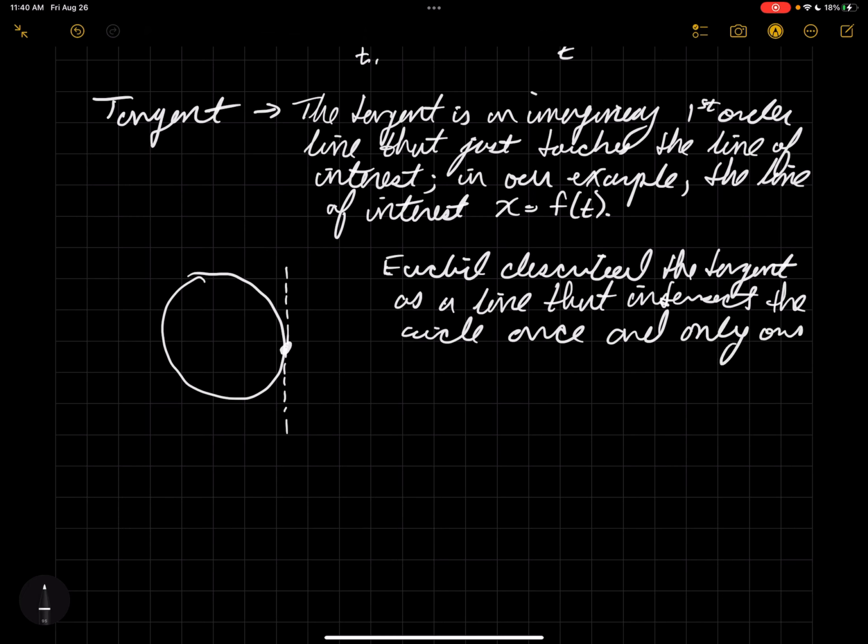And that's sort of that idea of, if I could infinitesimally zoom in on the circle, you would see that the tangent literally touches the circle at one infinitesimally small point, okay? Okay, well, this idea, this concept, and this visualization works really well for a circle,